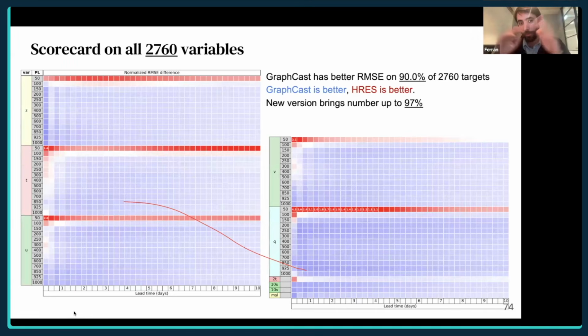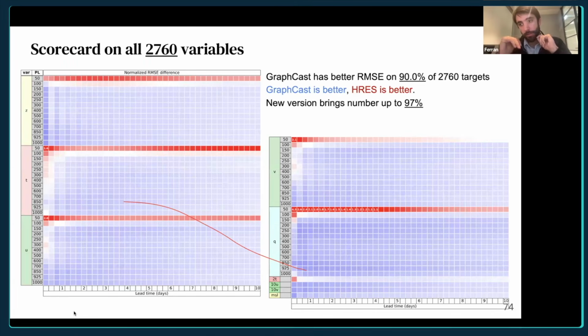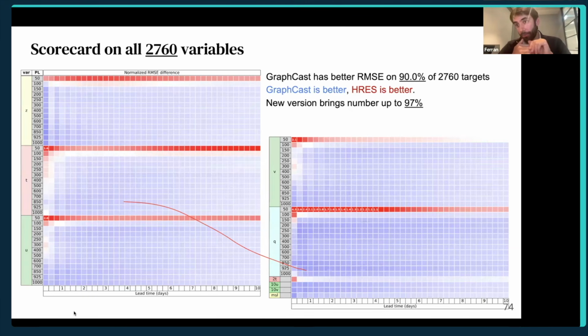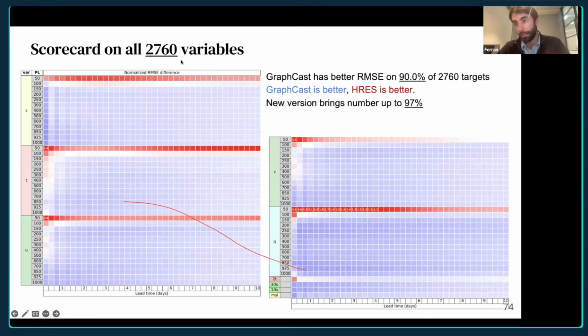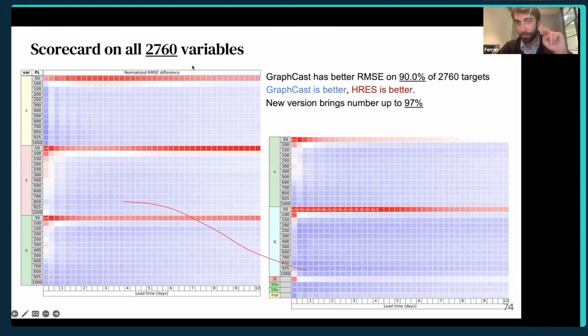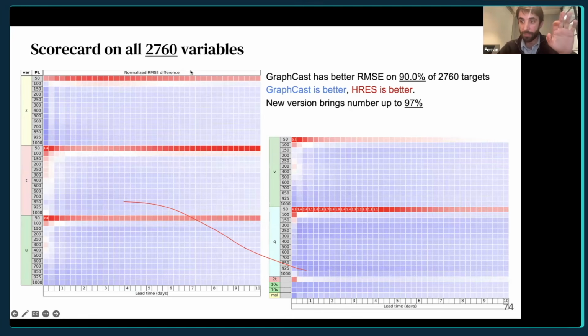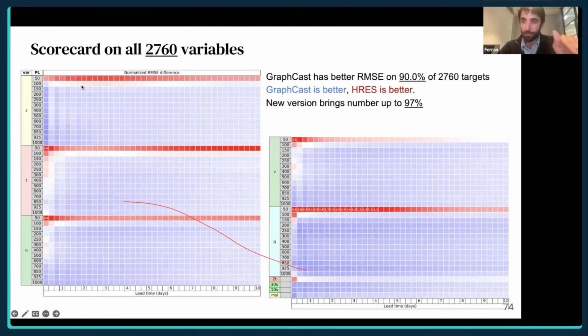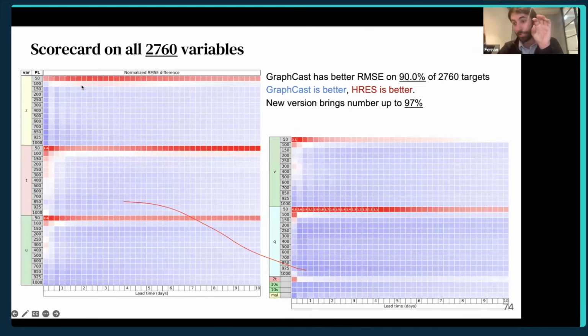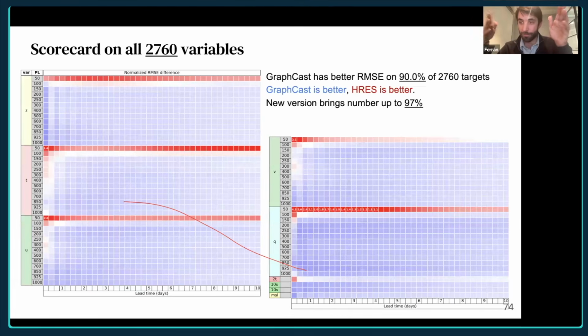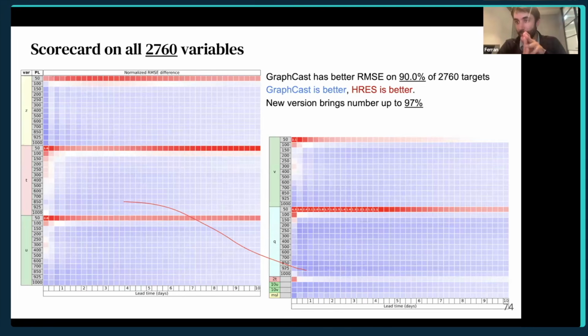And then at some point, we discovered that that was suboptimal. We then thought about, okay, what's a good loss function to design? And we realized that the best weights of the loss function was the inverse error of our baseline, the physics model. For two reasons. If you think about it, if we divide by the error of the physics model, it's literally optimizing the colors of this slide so that everything is blue and you care about all squares equally. So when you divide by the error of the HRES, this physics baseline, you say, please make this slide as blue as possible. That's pretty much what you're asking. And so that makes more sense than whatever other function we design.